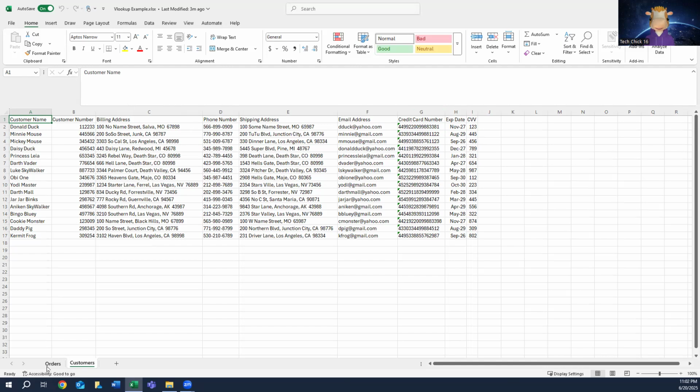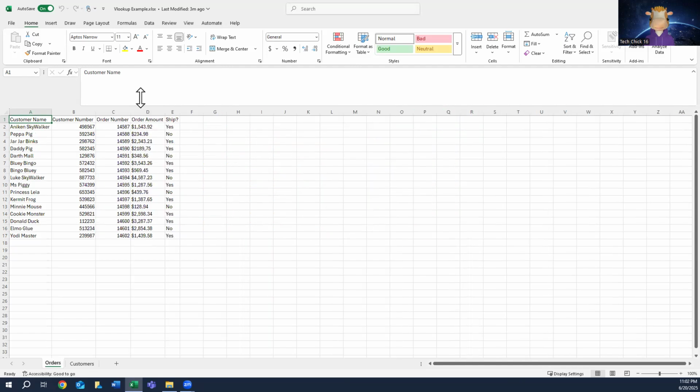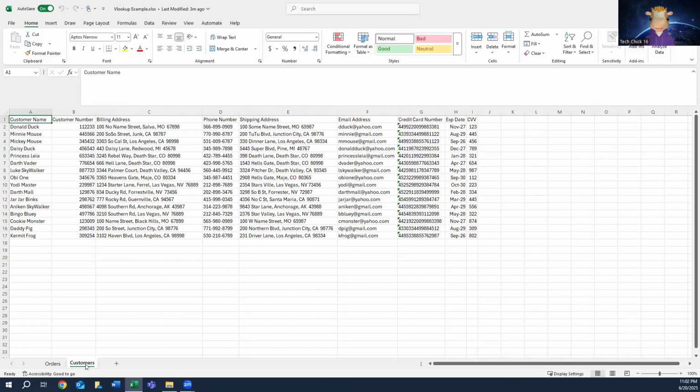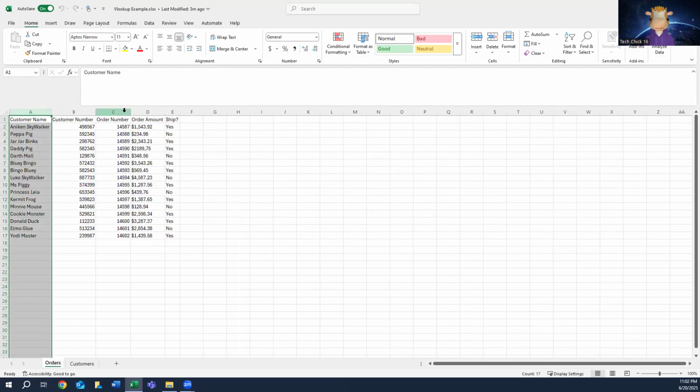So what we're going to do with VLOOKUP today is we're going to use the customer name and orders to match to the customer names in the customer's data to pull the shipping address for the customers that want to ship their orders. So the first thing we have to do when using VLOOKUP is that whatever column